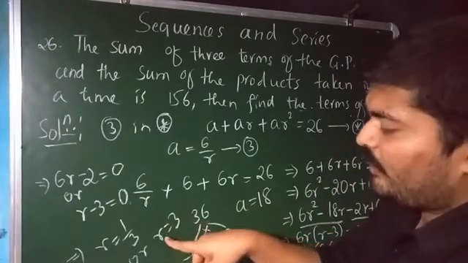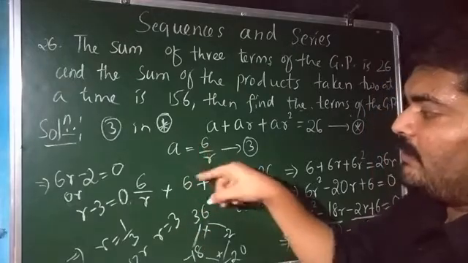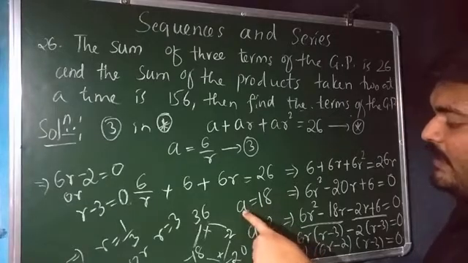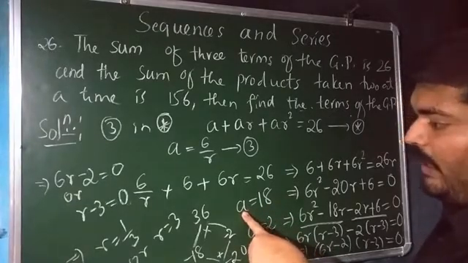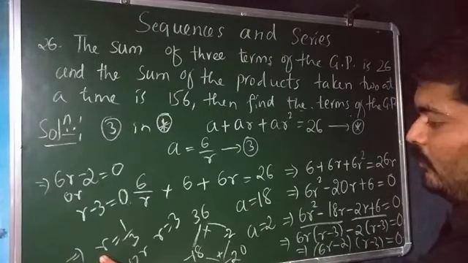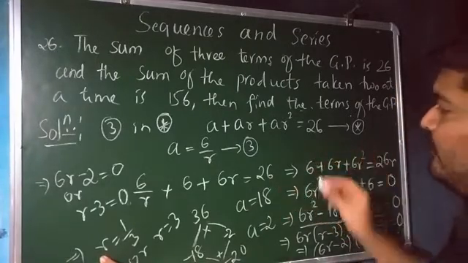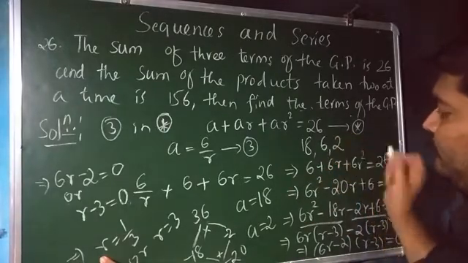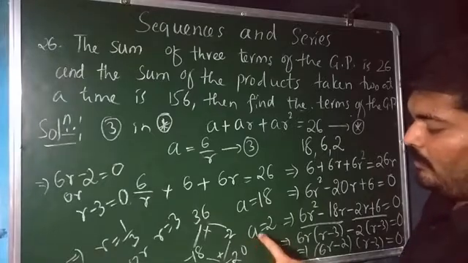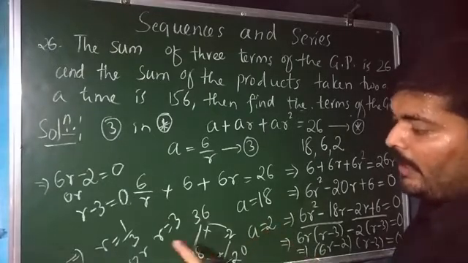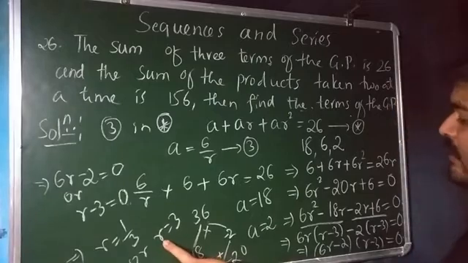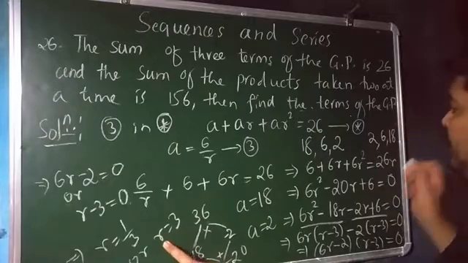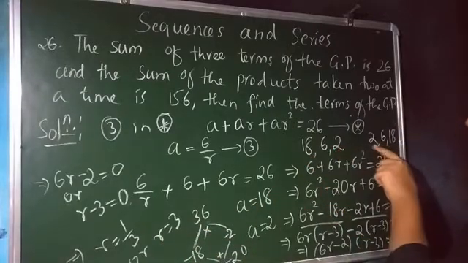If you utilize the value of r is equal to 3 in this expression, you are just left with a is equal to 2, isn't it? Now utilizing the value of a is equal to 18 and common ratio is equal to 1 by 3, the required terms of the GP, I will write it over here itself, are 18, 6, 2. If the first term of the GP is 2 and the common ratio is r is equal to 3, the required terms of the GP are 2, 6 and 18. This one is a descending GP and this one is an ascending GP.